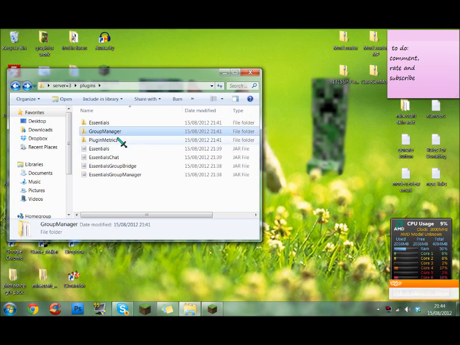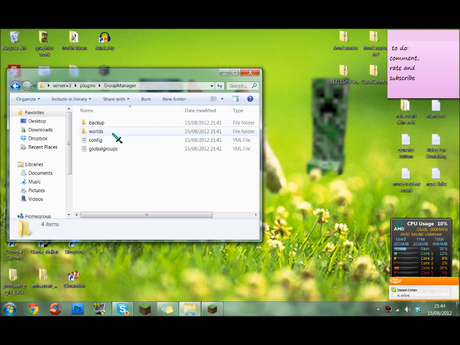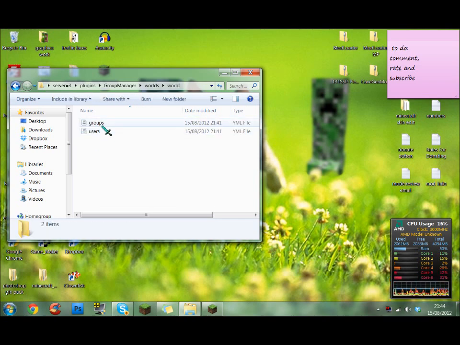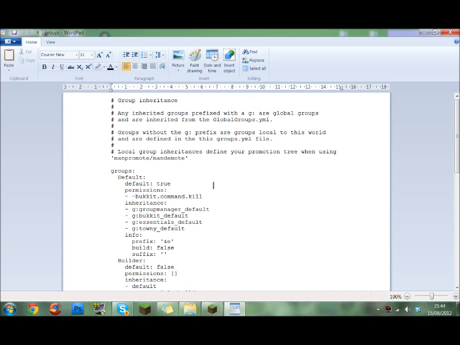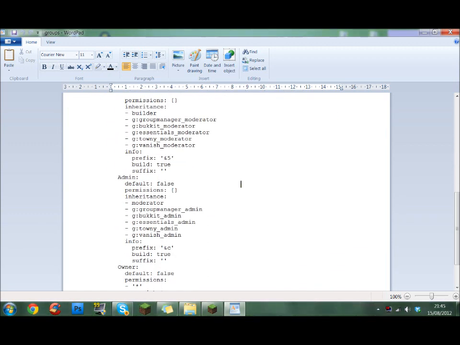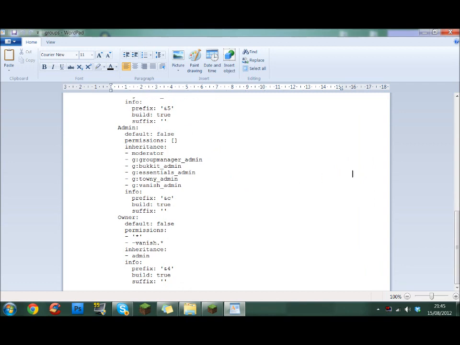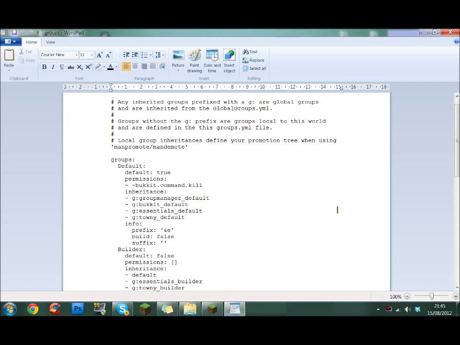Now, I'm going a bit too fast. Go into Groupmanager, then go into Worlds. Then open up your world name. Mine just happens to be world by default. Then go into actual groups. As you can see here, it'll be just prompted to here. This is just all generated by default using all default commands